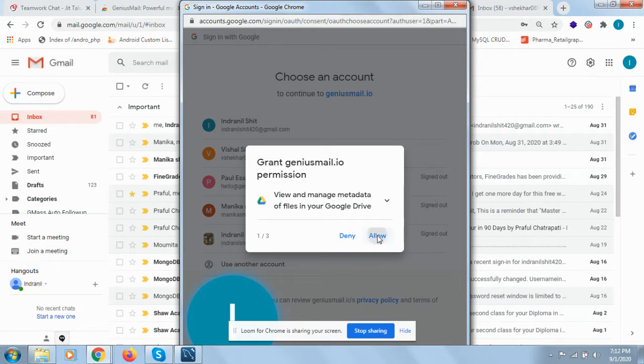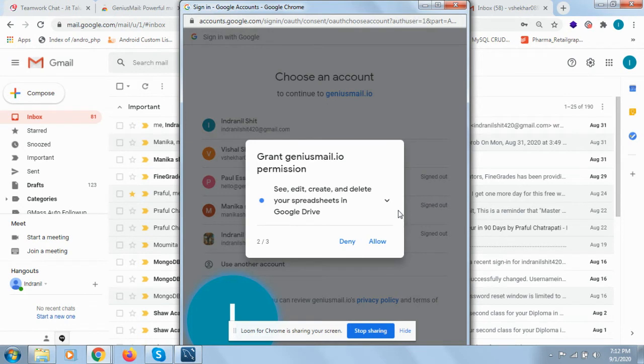You need to allow this one, and also edit, create, and delete spreadsheets, because we are managing your spreadsheet. So you need to give access to your spreadsheet from Google Drive also.